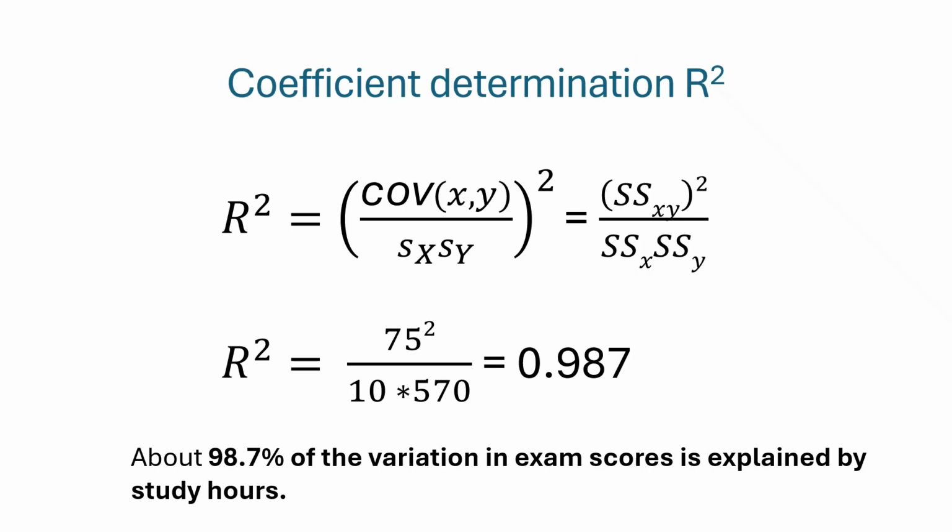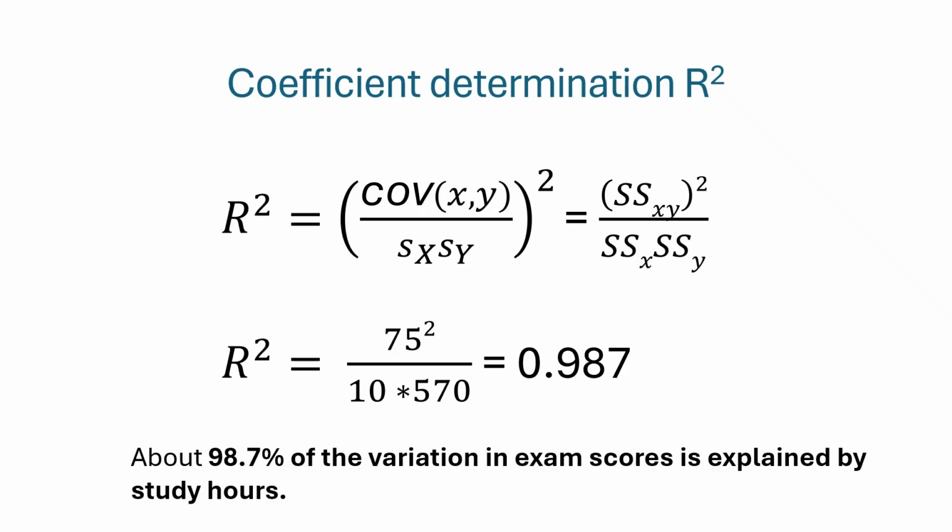The coefficient of determination represents the proportion of the variance in the dependent variable, exam score, that can be explained by the independent variable, study hours. It can also be calculated using the sums of squares. We square the sum of cross products, which measures how X and Y vary together, and divide it by the product of the total variation in X and Y. This gives the proportion of the variation in Y that can be explained by X. In our example, R square equals 0.987, which means 98.7% of the variation in exam scores can be explained by